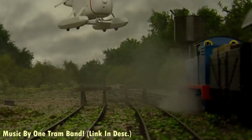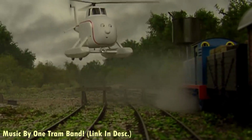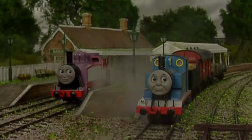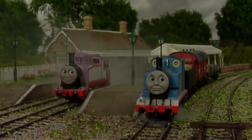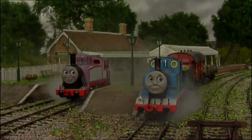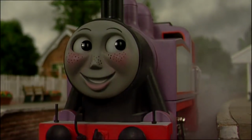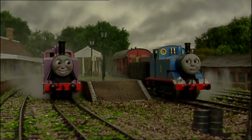Today, ladies and gentlemen, we'll be going back to the history of... But today's episode is a little different. We're still looking at a Thomas character, it's even still a locomotive, but it's a character who isn't as deep-rooted as some others. What I mean by that is we're taking a look at Rosie, a character who didn't exist in the Railway series, and who, compared to other characters like Gordon, Edward, or Henry, isn't really fleshed out as